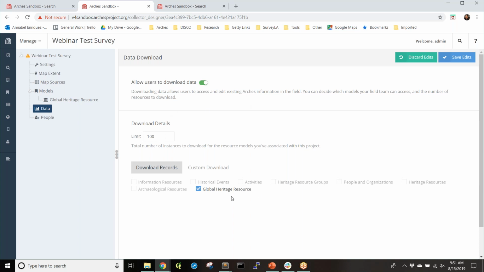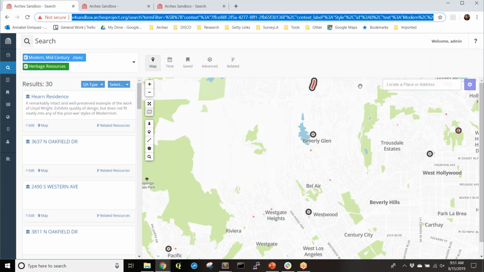So you'll see here that I'm able to select these parameters, but also, if I want to be a little bit more pointed about what information my surveyors have in the field, I can perform a search within Arches. So for example, what you're looking at now is the regular Arches search screen. And I've done a search for mid-century modern heritage resources in Los Angeles, and I've got 30. And perhaps these are the 30 resources that I want my surveyors to actually go out and resurvey or augment